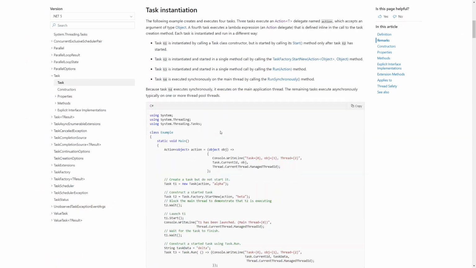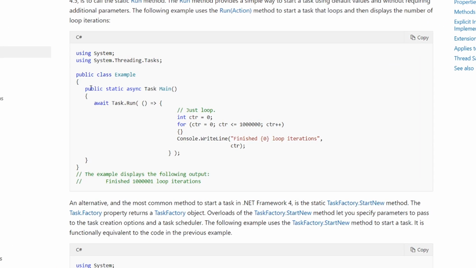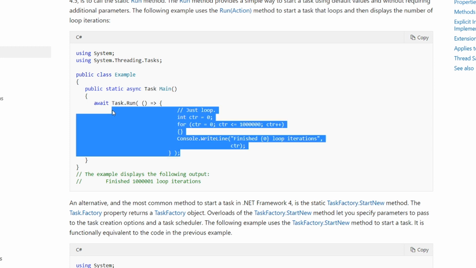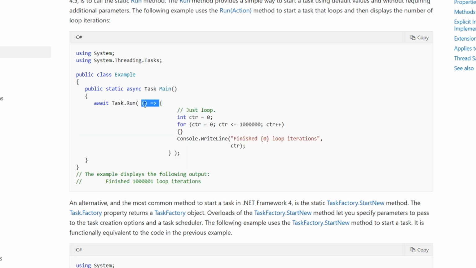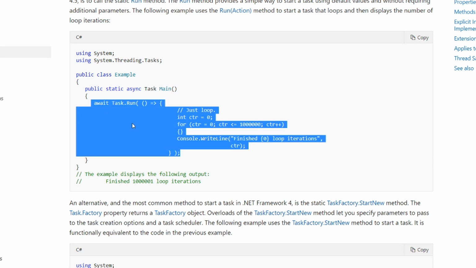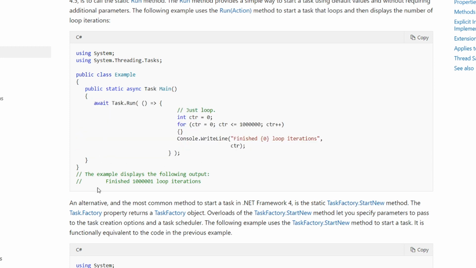And let's see the example here. So here is a quick example. Basically what we need to do is call our method and add to it the keyword async, and then when we want to run our code, we wrap it in Task.Run and we use a lambda expression. If you are not familiar with the lambda expression, you can check out my other tutorial about it. The link should be in the top right corner of the video. And we call the await keyword so that we await the result before we continue with the rest of this method,